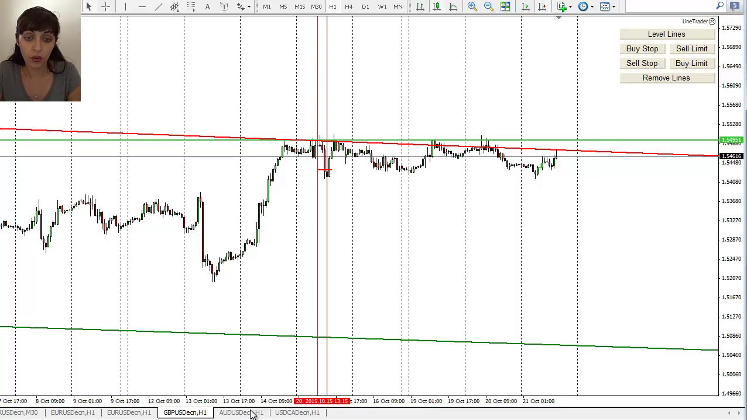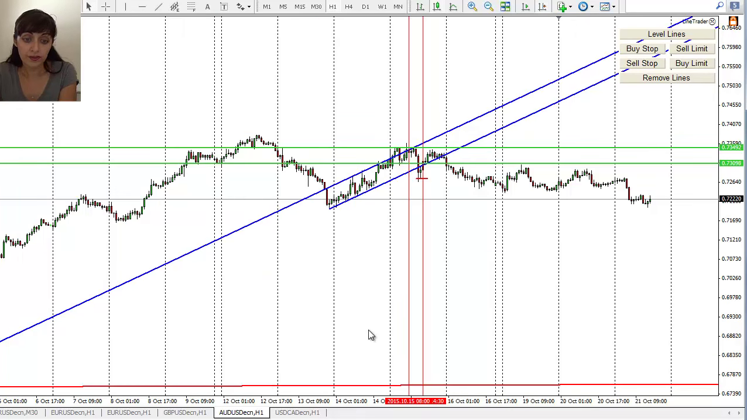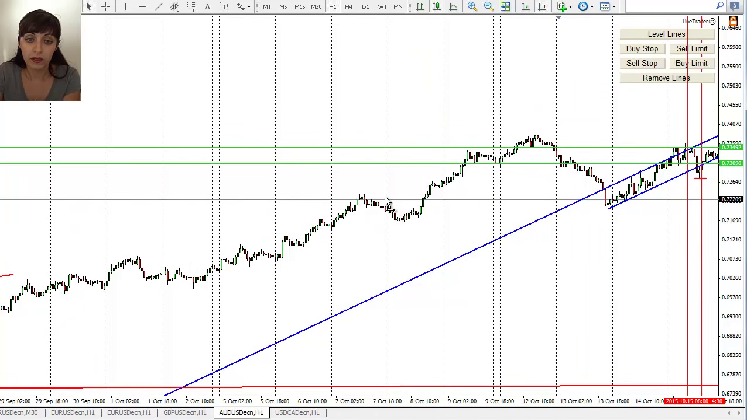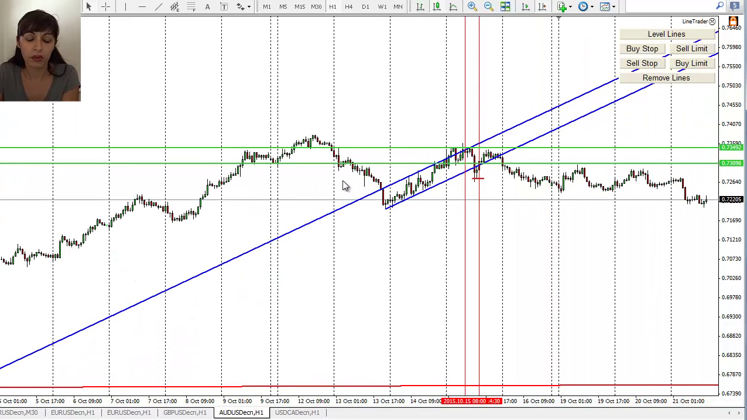And so euro dollar, Australian dollar, that's the same. You can see that my channel, the trend, is going up. It actually was going up before, then it had a consolidation, not a correction, and then it started to go up. But you can see we have a level here, so that's why I have these